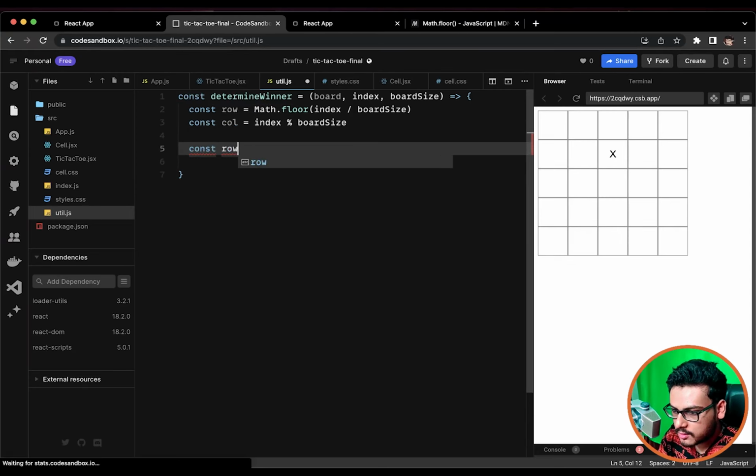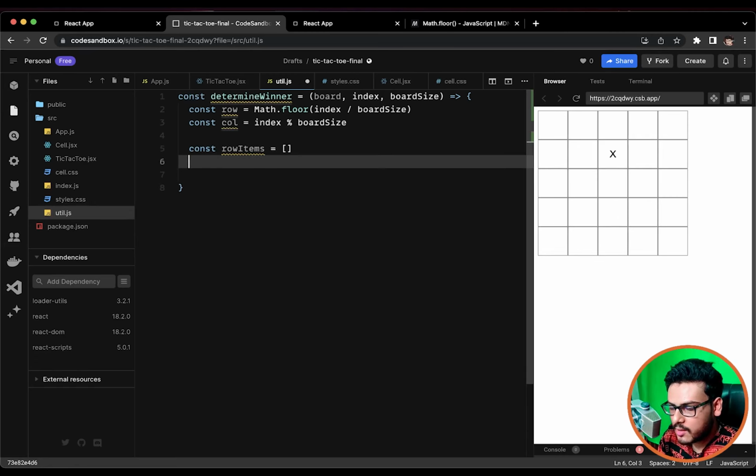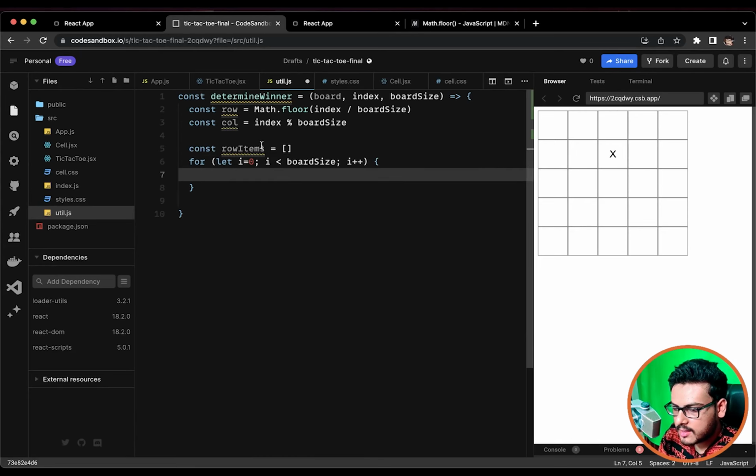I make const rowItems. It is going to be an array, and to fill it I need to make a simple for loop, let i equals 0. We'll run over the board size, because if the board size is 5, there are going to be 5 items in the row array, and 5 items in the column array as well. So we want to run the loop 5 times. So i equals 0, i less than boardSize, i plus plus, and rowItems.push